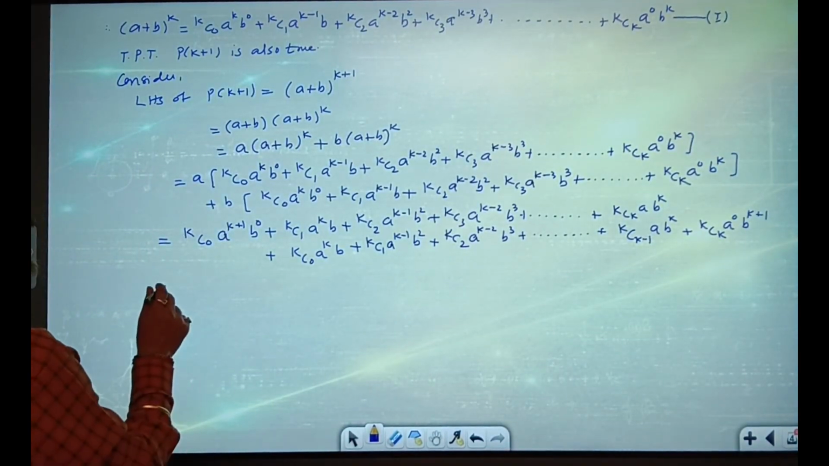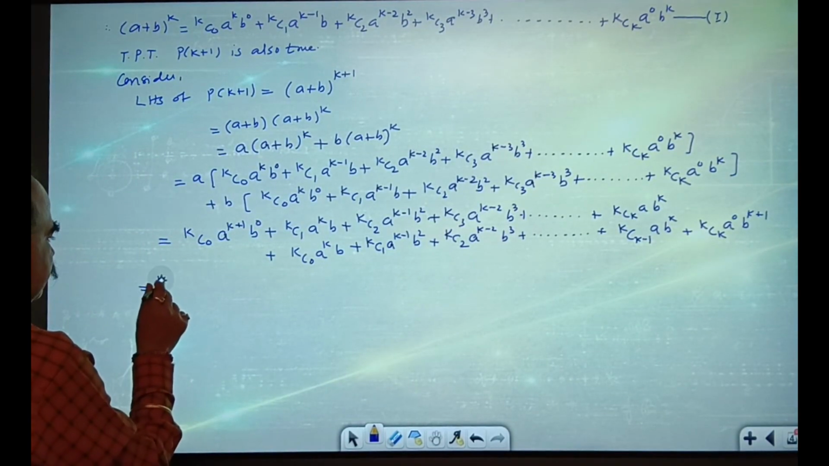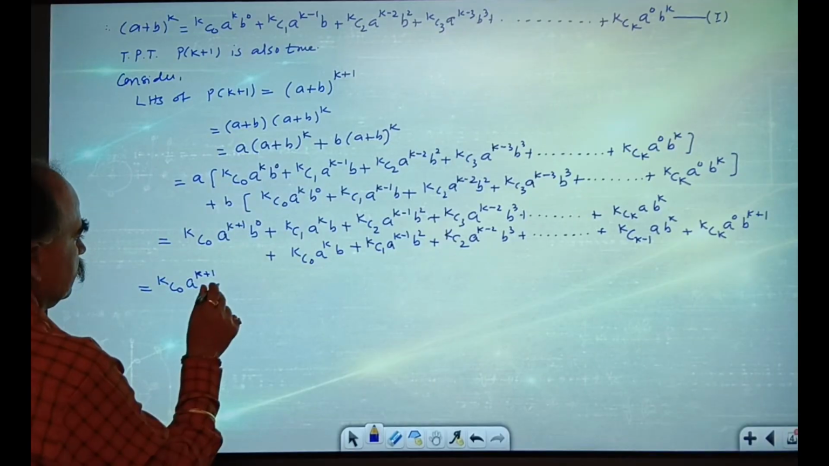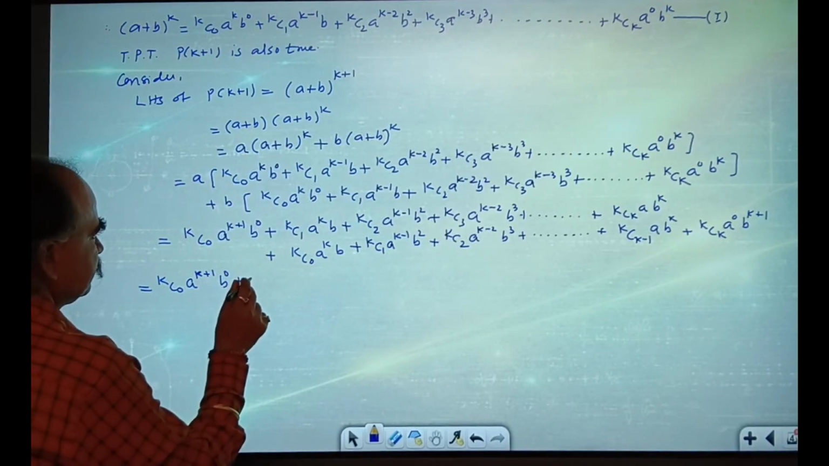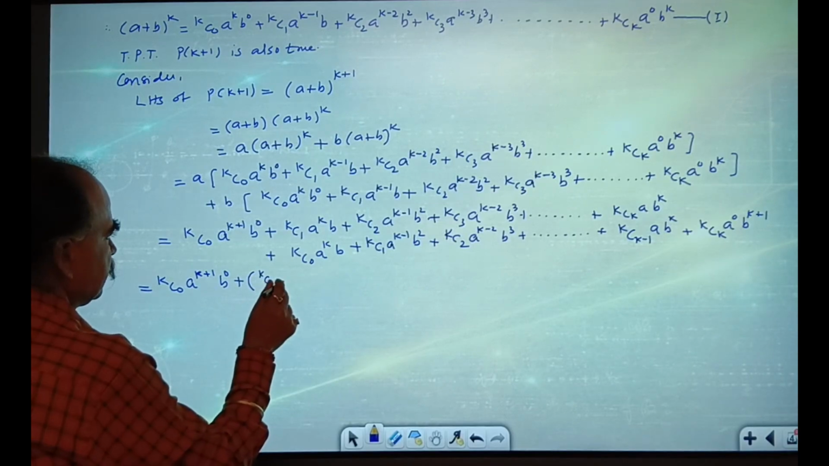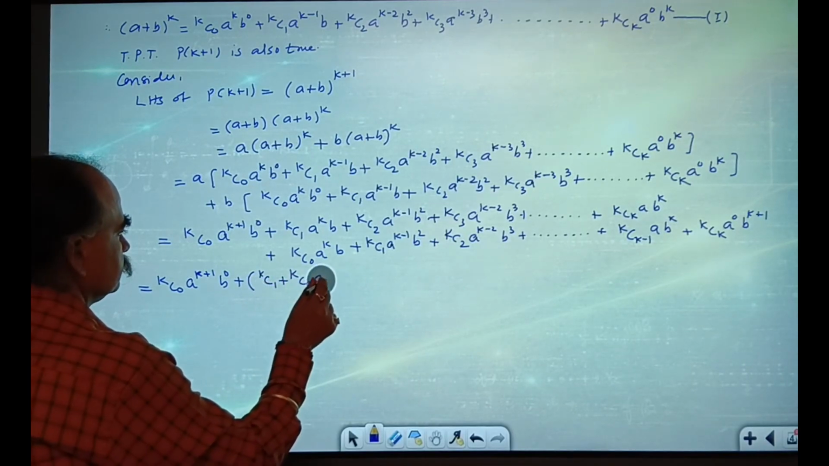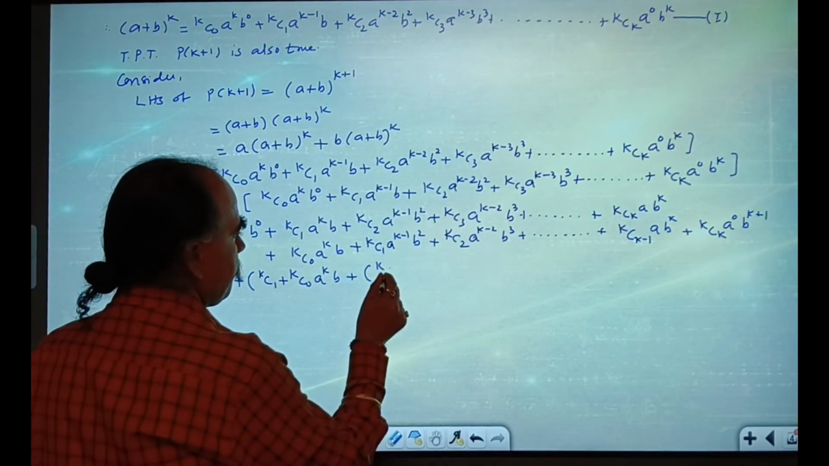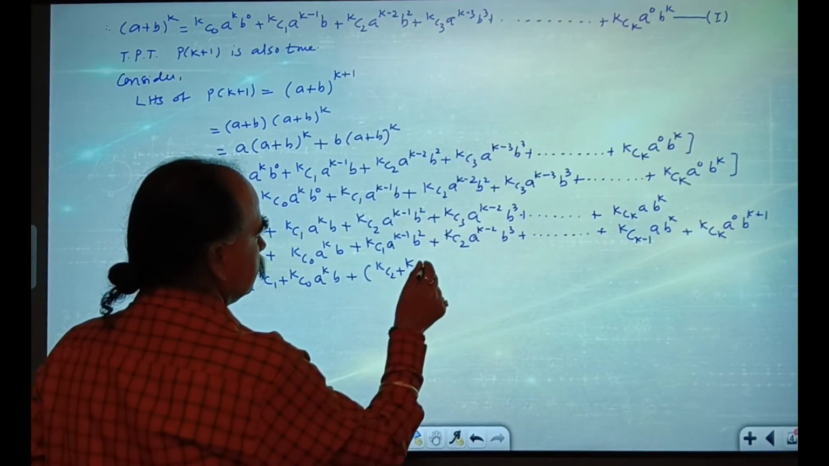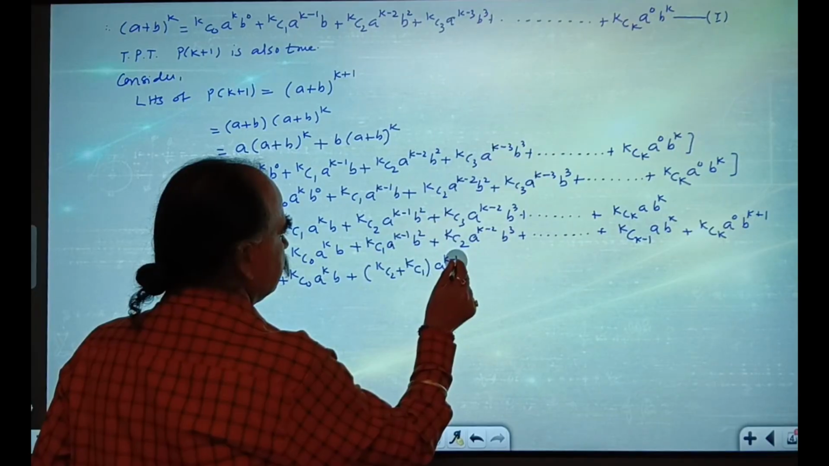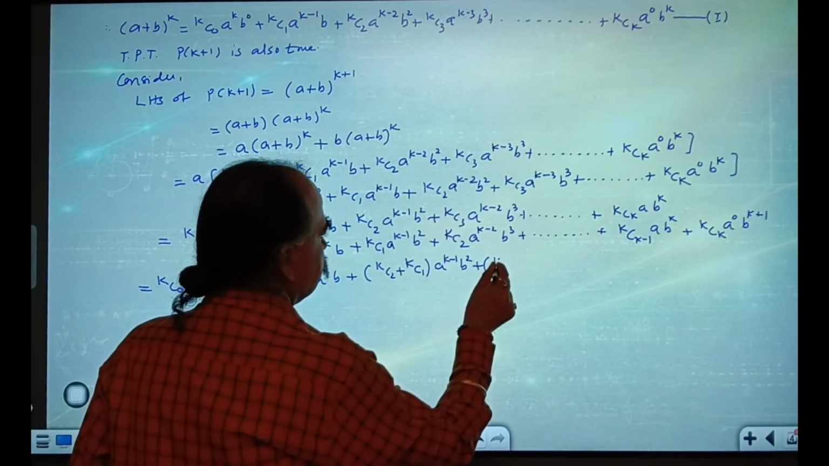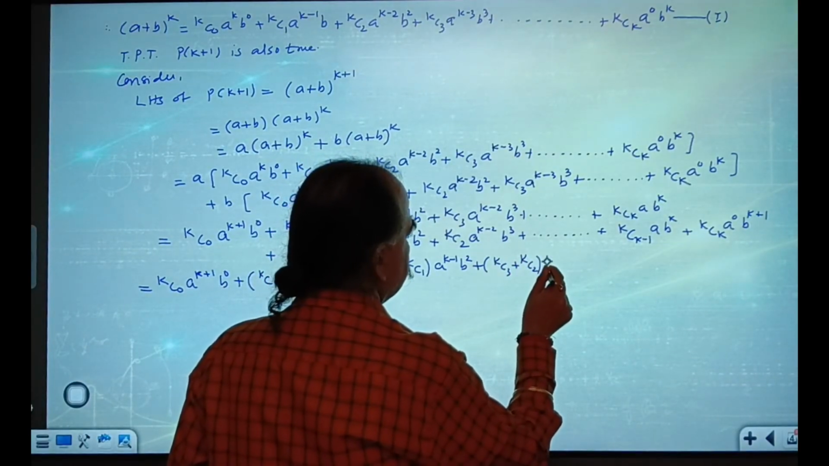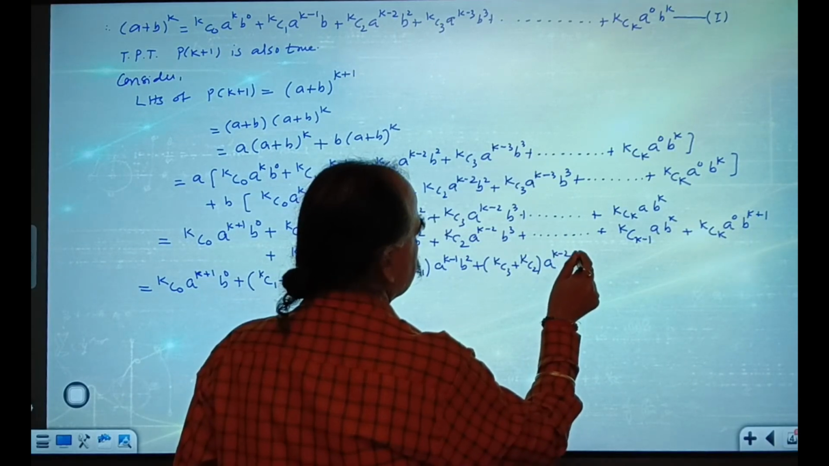Now we'll add both the terms. So KC0 A raised to K plus 1 B raised to 0 plus (KC1 plus KC0) A raised to K B plus (KC2 plus KC1) A raised to K minus 1 B square plus (KC3 plus KC2) A raised to K minus 2 B cube